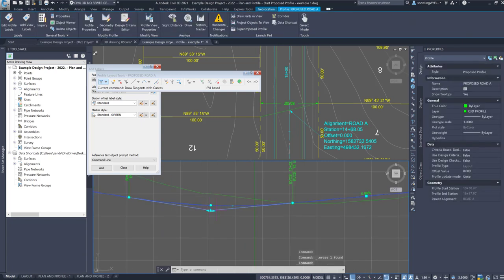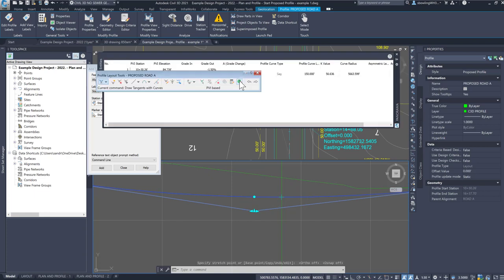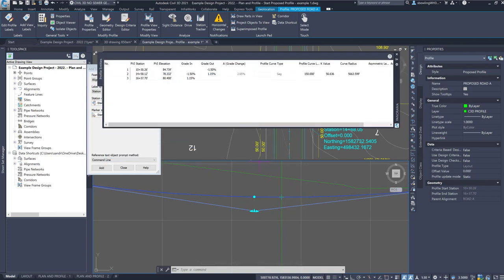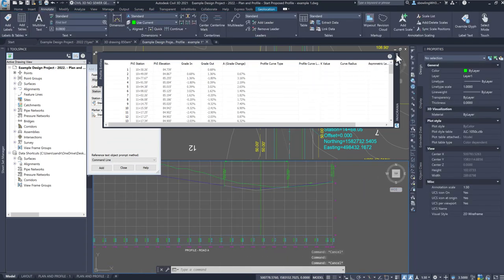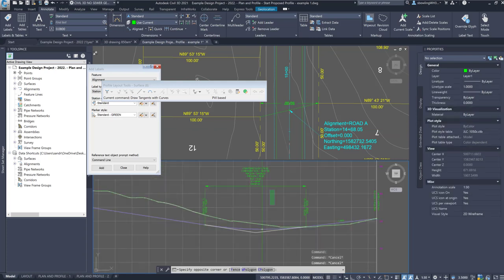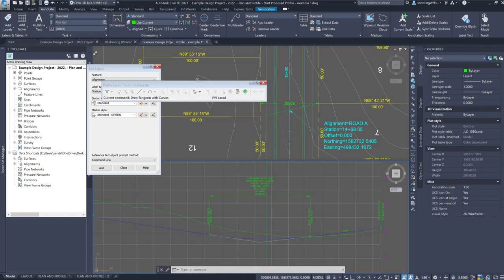So what I can do is, if I'm not stuck at a certain elevation, a certain slope, then I can grip edit this and move it along. I'm going to turn my ortho off and my O snaps off until I get this plus symbol basically on top of where my low point is. If I look at the data, let me get that off of there. If you look at this now, you can see that my low point is 1467, and I said I needed 1468. So what you can do is